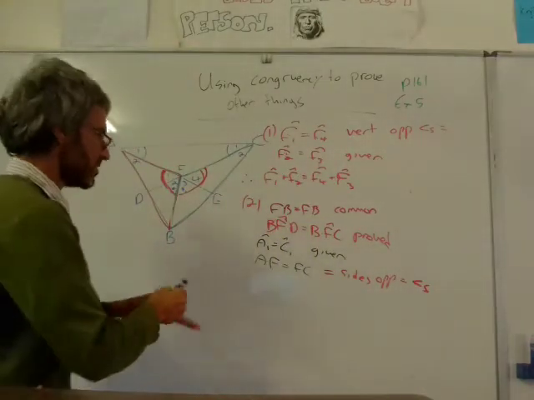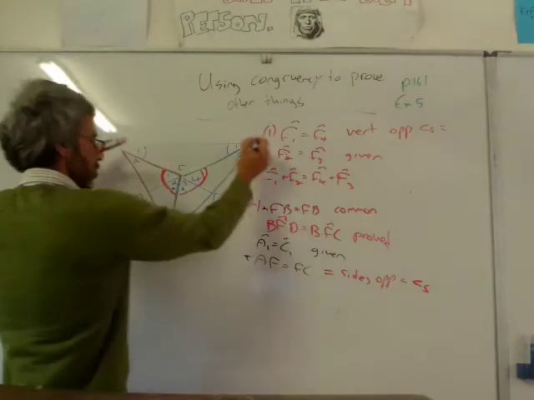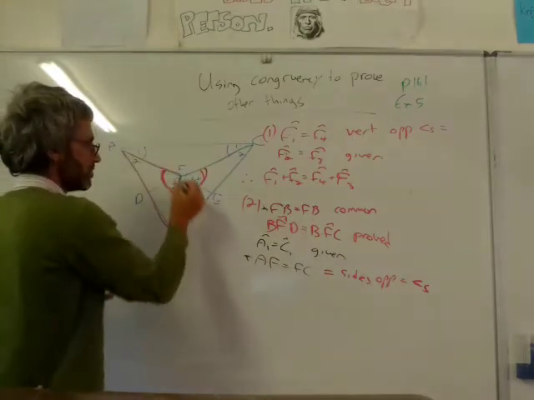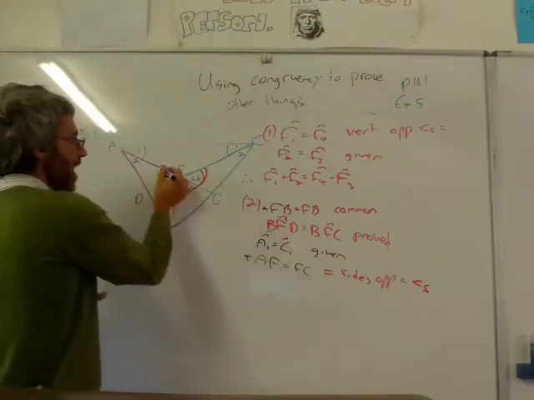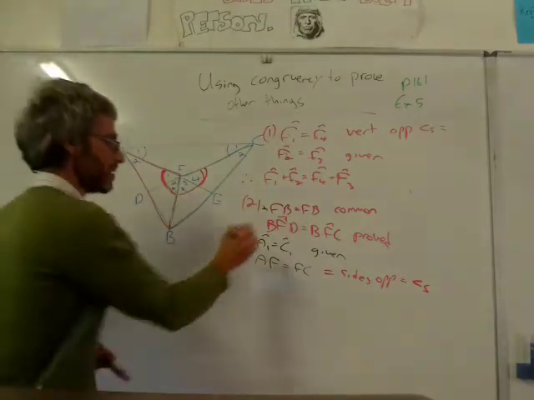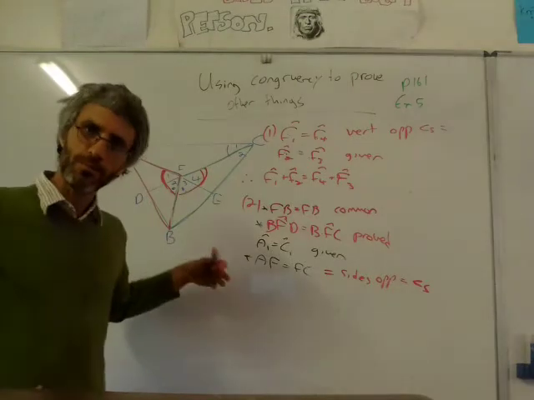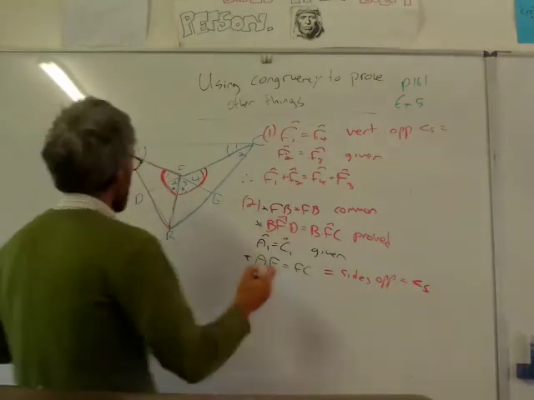Now check this out. I'm just going to highlight for you. Looking again at the green and the red triangle, I've got two sides that are equal. That one equal to itself, that one equal to that one. And I've got the angle in between them. See where I put the little stars. These three statements help me to prove the triangle